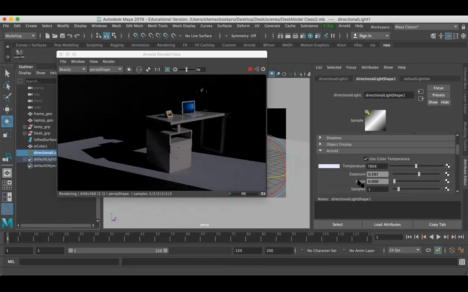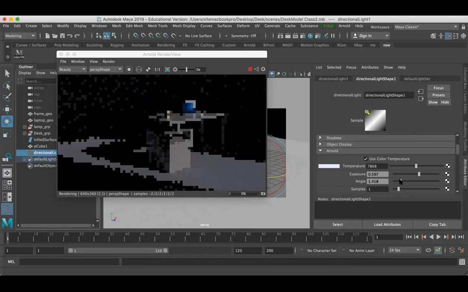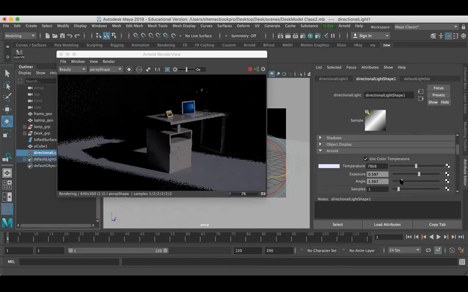And below that, you can find the angle. Angle is 0. So now I want to work with 1.7. Guys, I'm increasing the angle to make the shadow better.